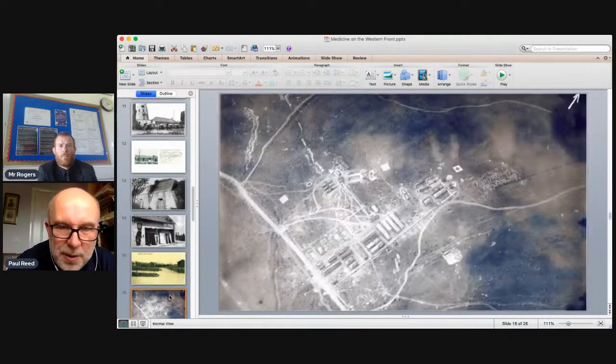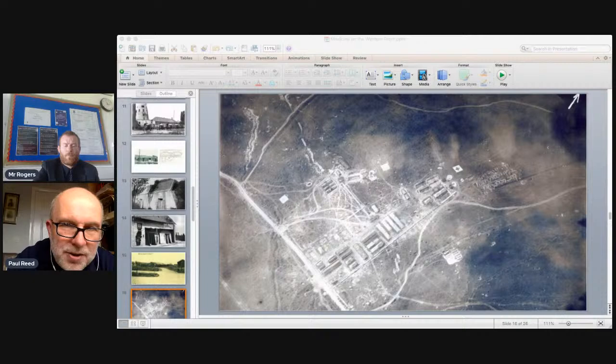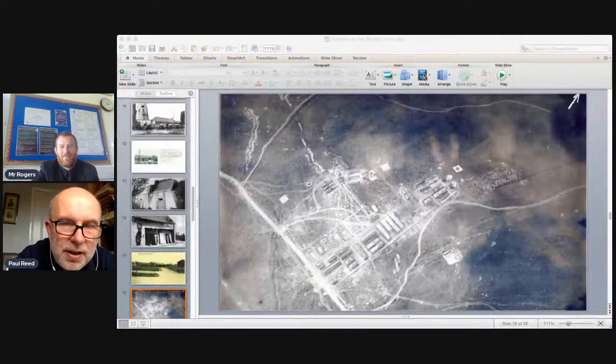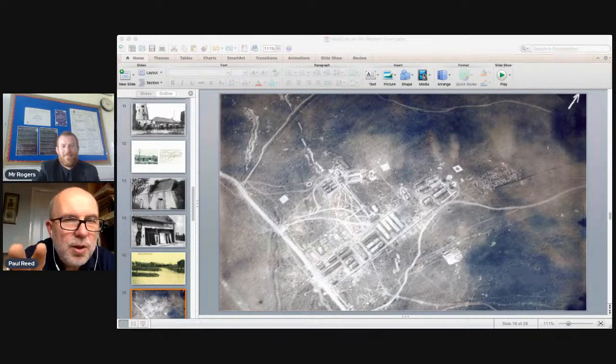And to give you an idea of how big it was, this is a German aerial photograph from 1918 of a similar casualty clearing station on the Somme. And we can see the Red Cross laid out on the ground to indicate that it's a dressing station, not barracks. But we can see the large number of buildings there, so semi-permanent structures that were constructed so these men could be properly treated. And here, when you got to this is where your chances of surviving your wound increased